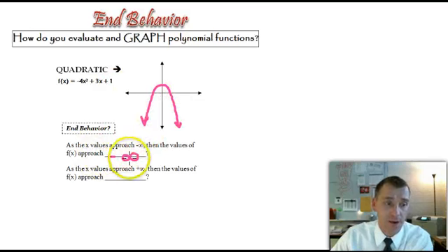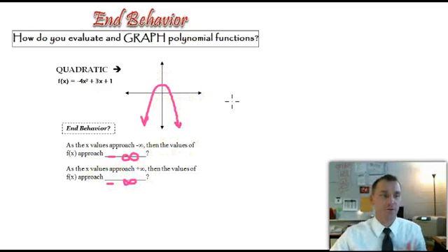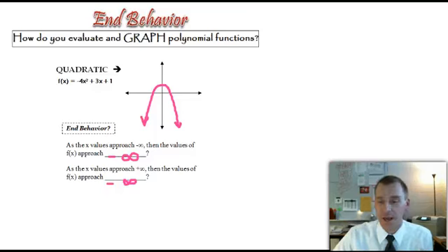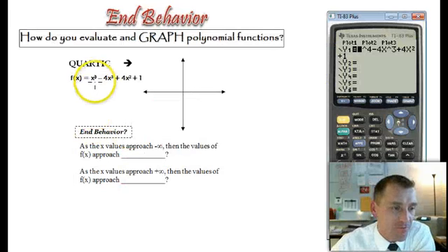And likewise, if I'm going to the positive infinity over here to the right, my y values, my f of x values are still going down. So it goes to negative infinity. So there's your quadratic. So if I come down now to the quartic functions, where I have a 4th degree